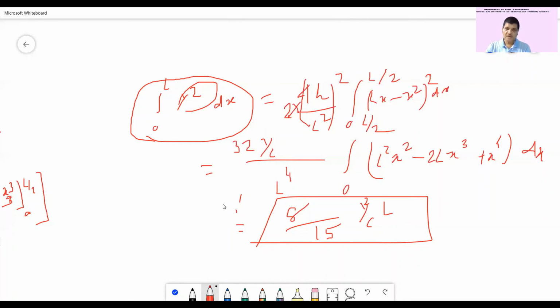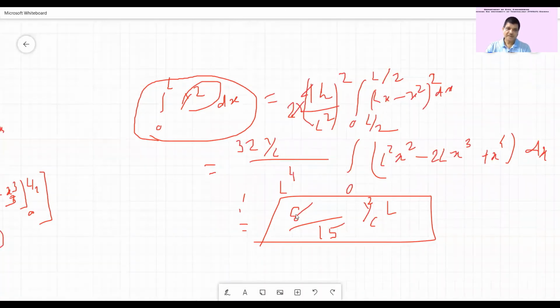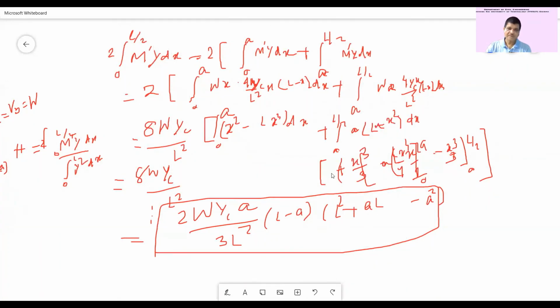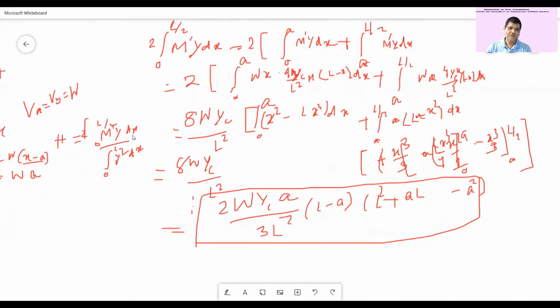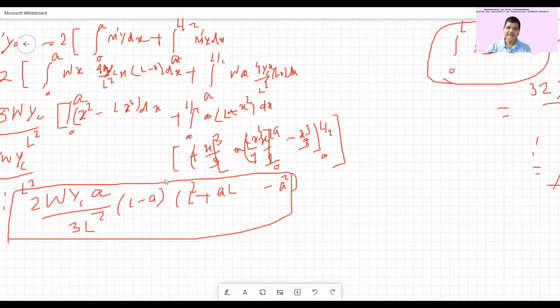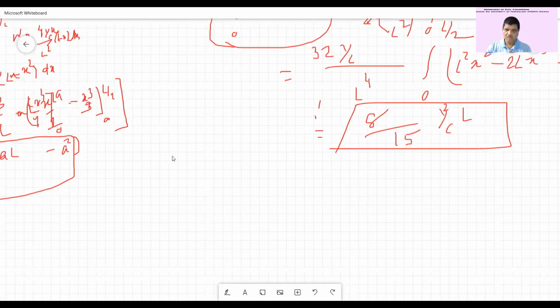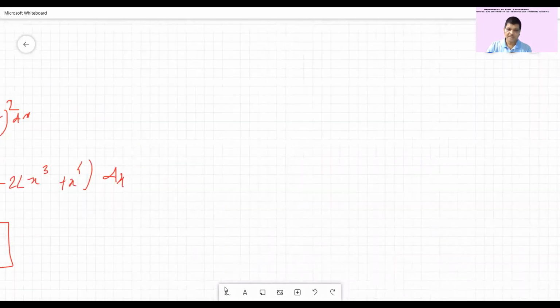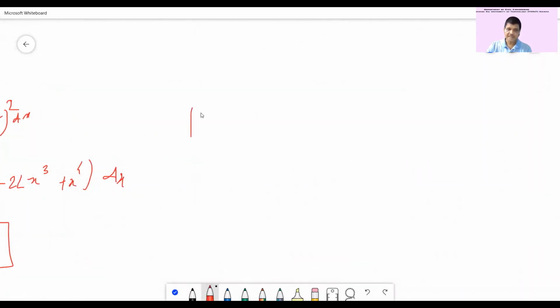Now we have to find out the value of h. But the value of h we have already seen in the beginning. We have seen the h value is the integral of m square y dx divided by the integral of y square dx. So now divide these two terms. If you divide these two terms, what will you find as your h value? The top part and the bottom part: in the bottom we will have 8 by 15 yc square into L.